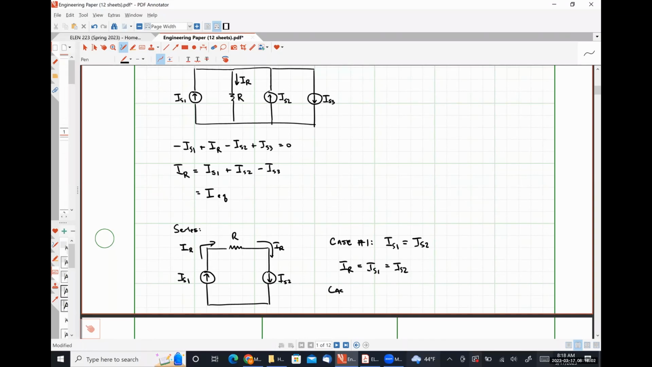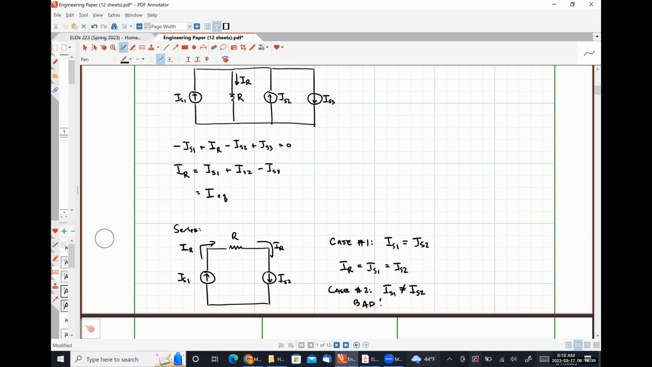What if IS1 were not equal to IS2? If we apply KCL at the top left-hand node, we would see that IR is equal to IS1. If we applied KCL at the top right-hand node, we would see that IR is equal to IS2. If IS1 and IS2 aren't equal, then our resistor current has two different values at the same time, which cannot happen, right? So this is also another case where we just have to stop what we're doing because our circuit